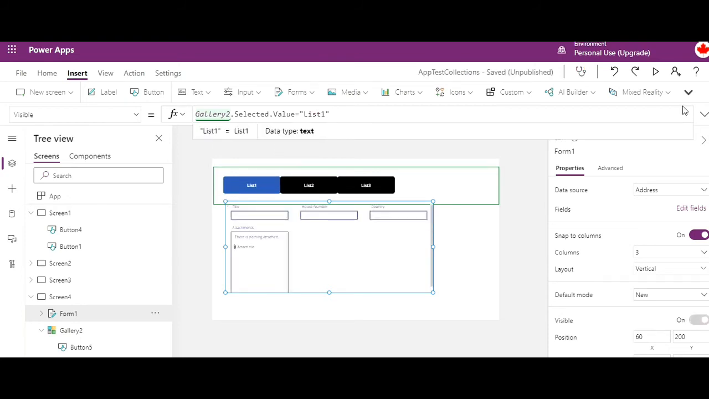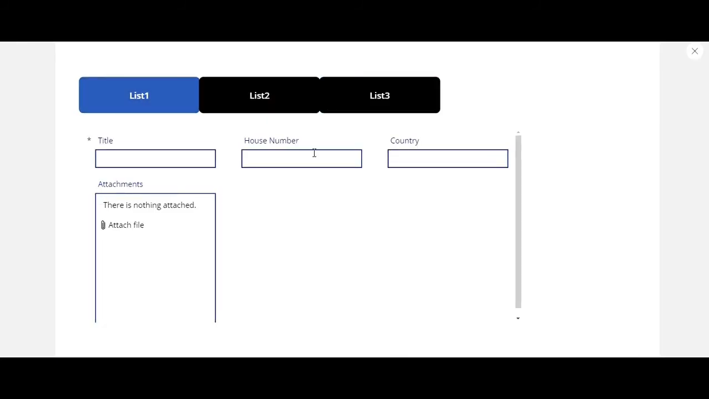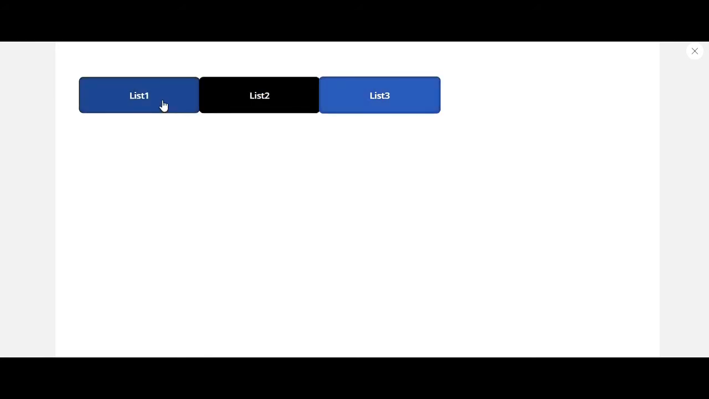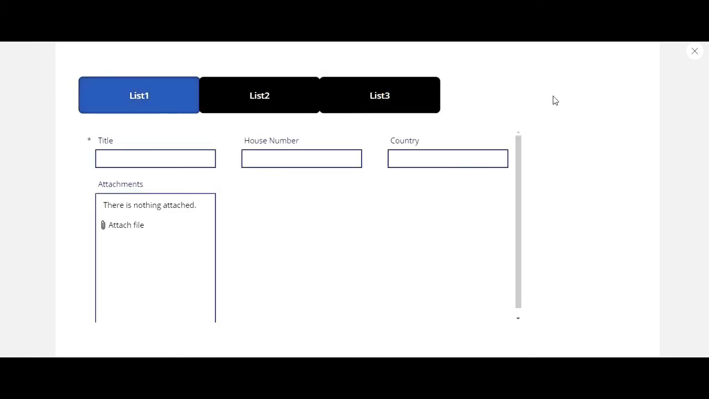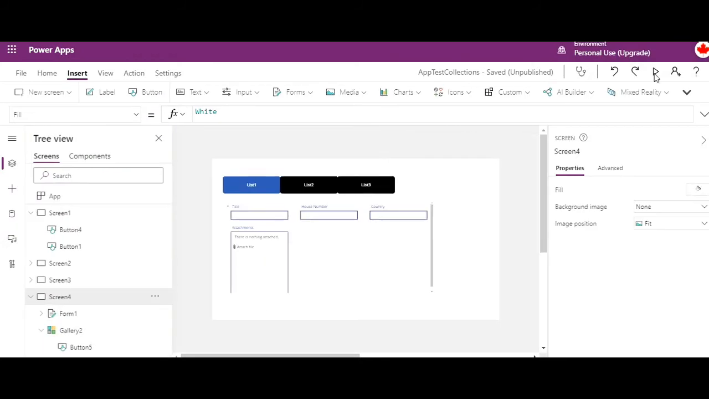So that means if the selected item value is list 1, this will appear. Now if I click list 2 or list 3, it's gone. Only for list 1 is this going to appear. How simple it is, right? Now let's go for list 2,